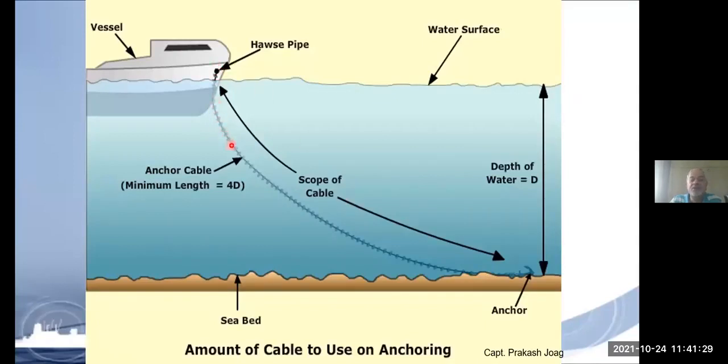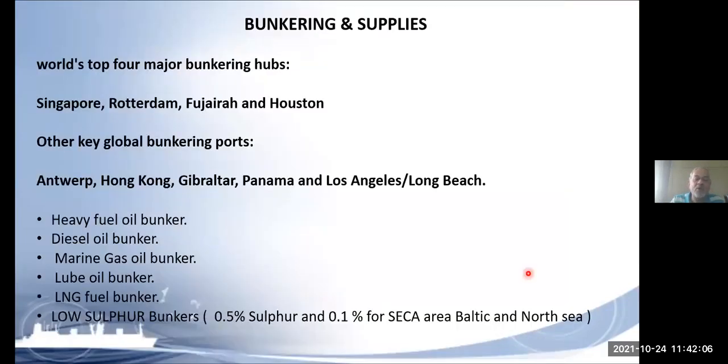This is the ship and this is the chain which is made up of cast steel. And this chain is coming down to the seabed. This is the seabed and this is the anchor. And this anchor gets embedded into the seabed, and then the ship is happily floating on top without going much here and there. So then we say the ship is anchored. Okay. And many a times if you see navy, merchant navy, anywhere related to this, there is a symbol of an anchor. So this is that anchor. So ship is using the anchor for those purposes we have seen.